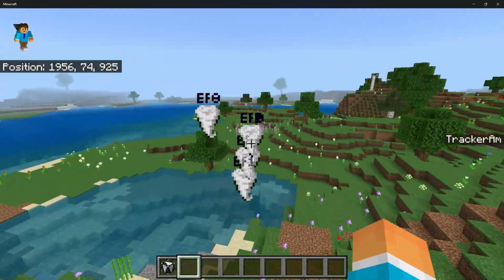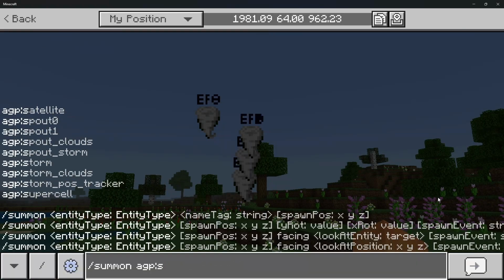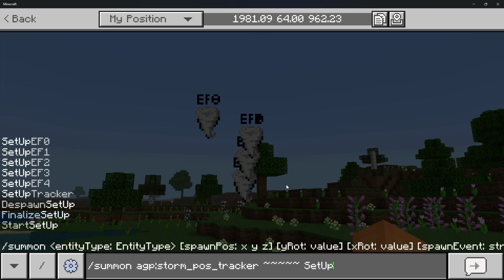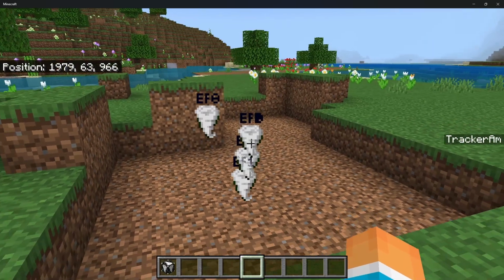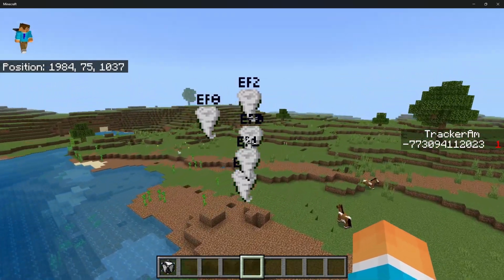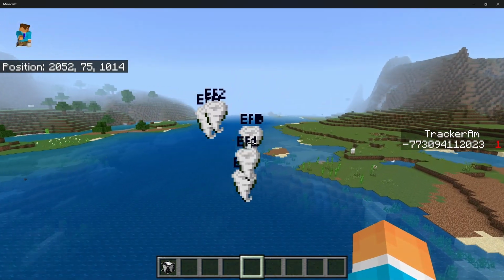But yeah, anyways, there's one last thing I want to show you right quick, and that is you can actually spawn these in yourself. So if I go ahead and go right here, I can just do the command setup, and as you can see, we have EF0, EF1, EF2, EF3, EF4. So far, the EF3 and EF4 don't work, but the EF2 does. So I can actually do EF2 right here, and if I wait a few seconds, there we go, as you can see, and now we have EF2, and it will move across our screen. So yeah, works relatively well, as you can see,